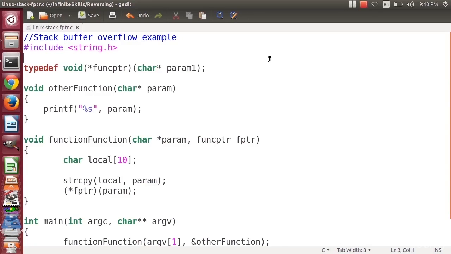Continuing our discussion of Linux stack buffer overflows, in previous videos, we determined that it's rather difficult to exploit a stack buffer overflow in a standard Linux application that has the stack protector enabled, which they all will by default. So, what I've done is I've added to my